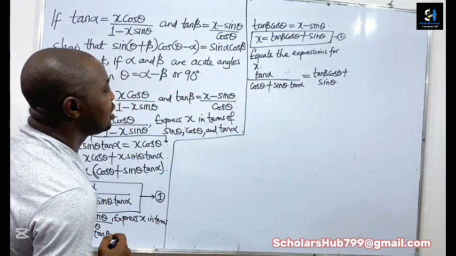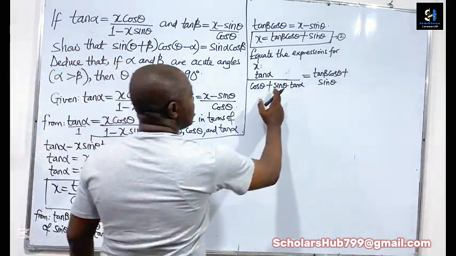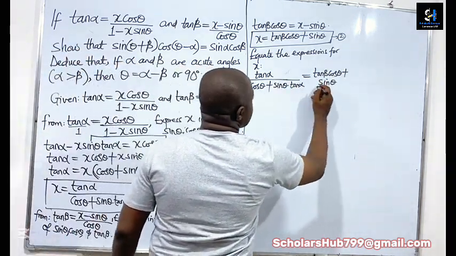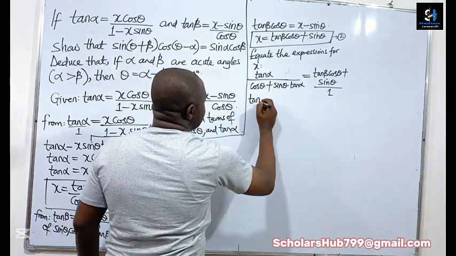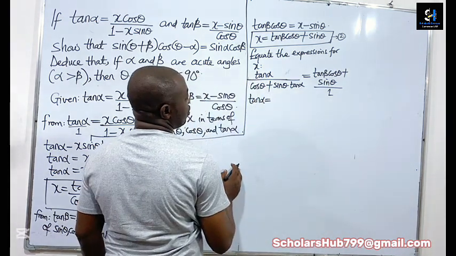Again, I'm going to cross multiply. This is over 1, so 1 times tan alpha will be tan alpha, and it will be equal to